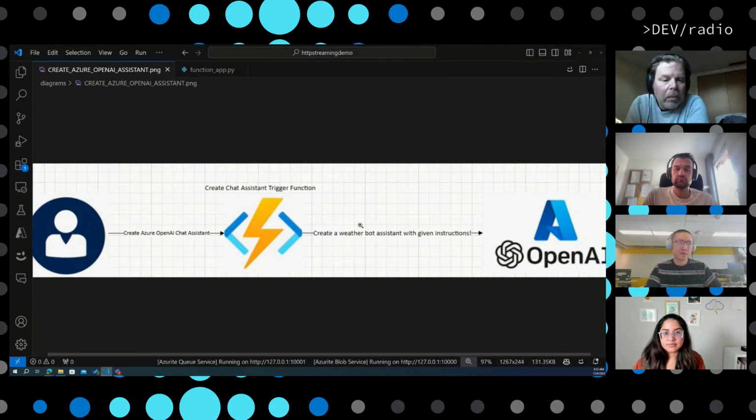First, if a user asks what's the weather of a location, I want the assistant to first find out the real-time weather data of that location. Second step, in the instruction, the assistant should send the fetched weather data to the user's Azure blob storage. And in the last step, I want the assistant to stream back a